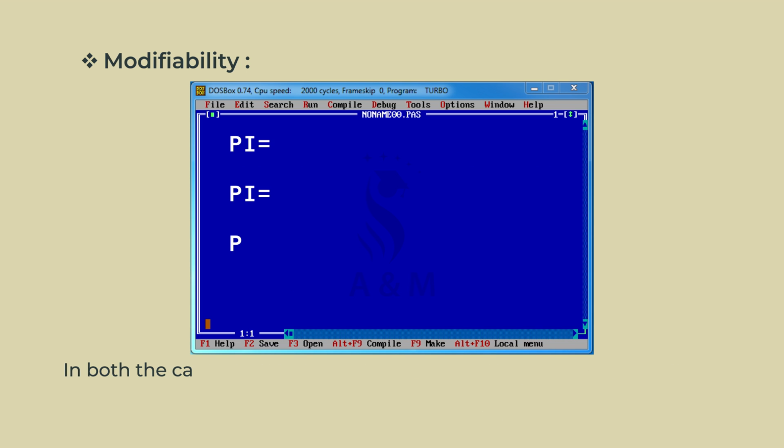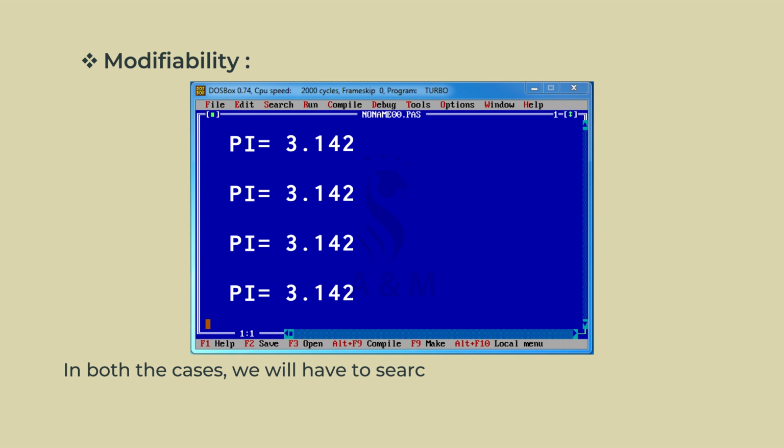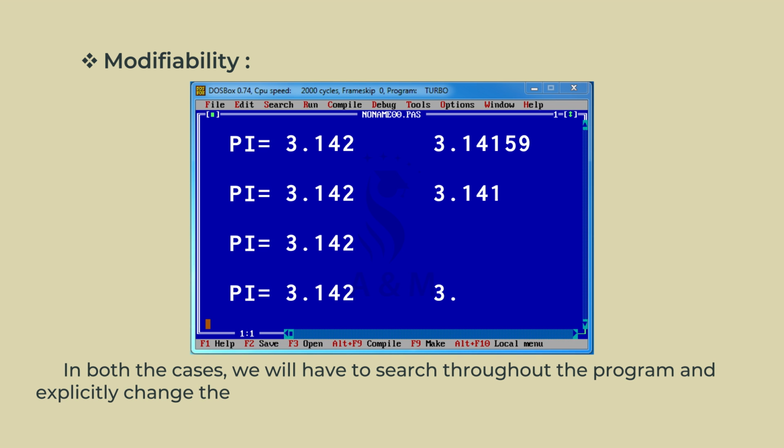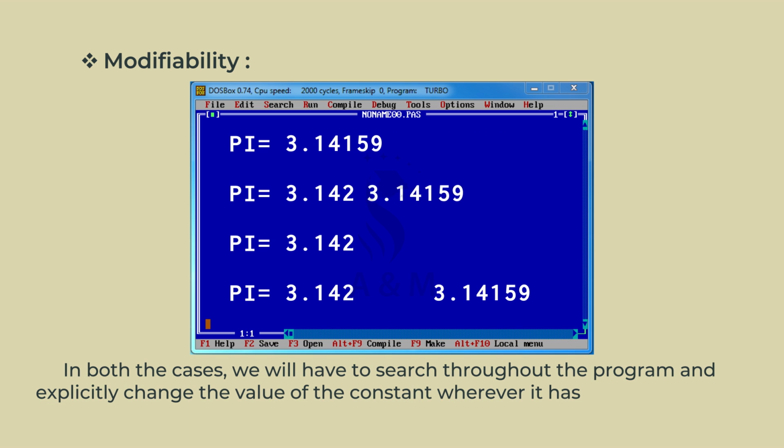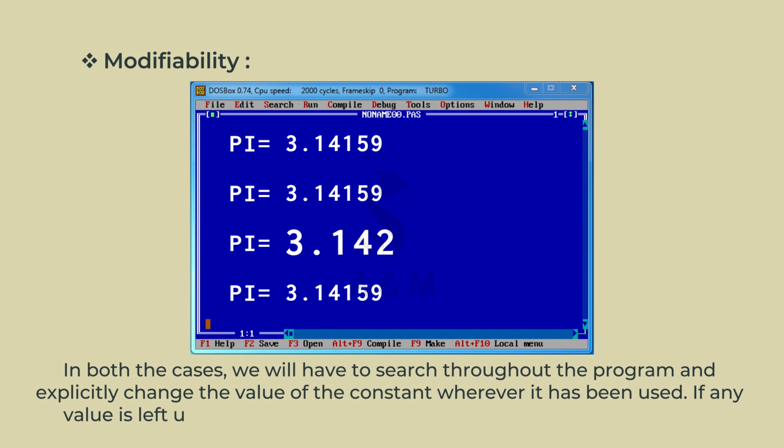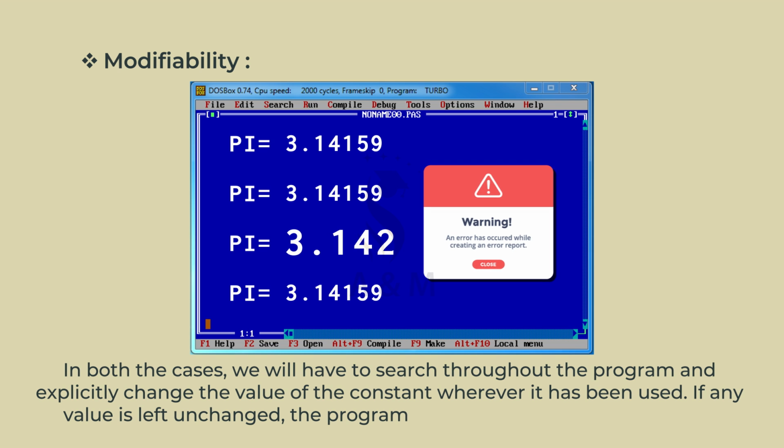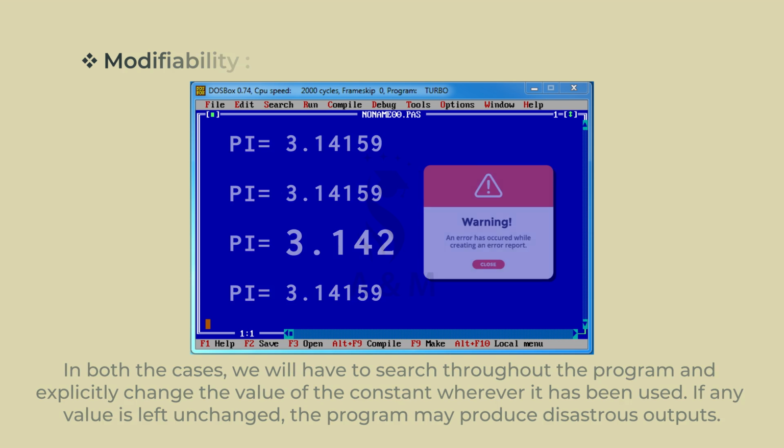In both the cases, we will have to search throughout the program and explicitly change the value of the constant wherever it has been used. If any value is left unchanged, the program may produce disastrous outputs.